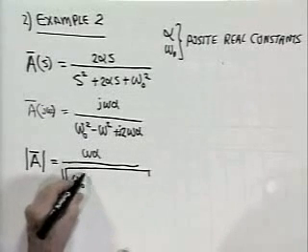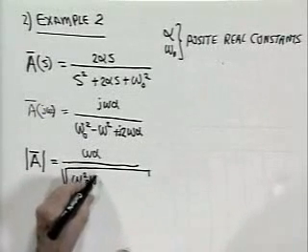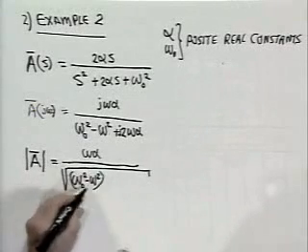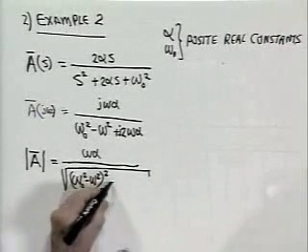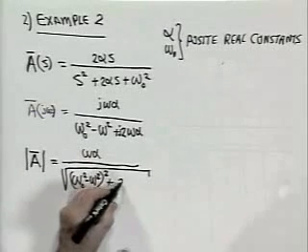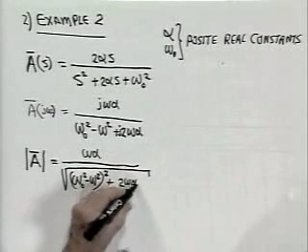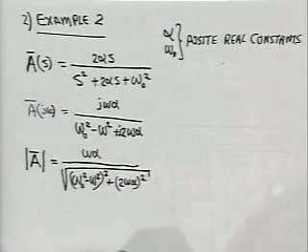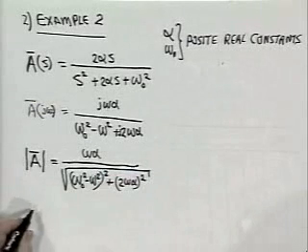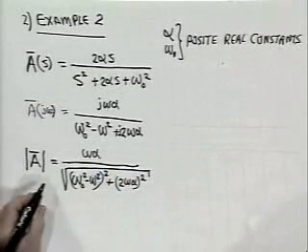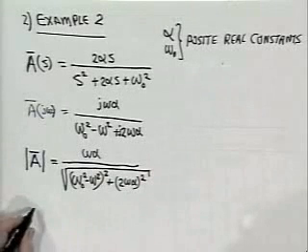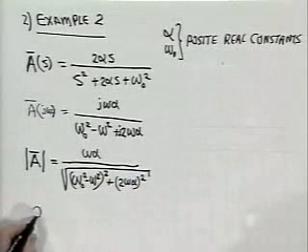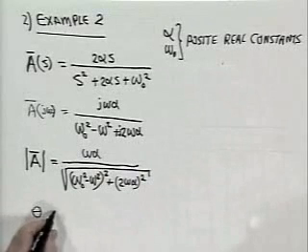The real part is omega naught squared minus omega squared, all squared. The imaginary part is 2 omega alpha squared. And the angle of A of j omega, which I will call theta in this case, the angle is